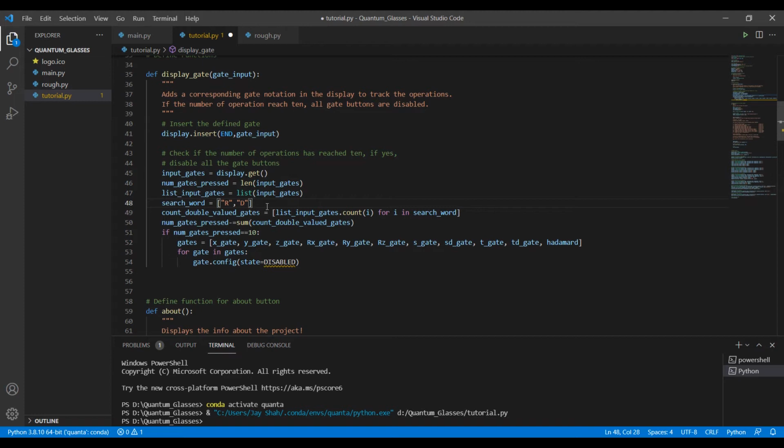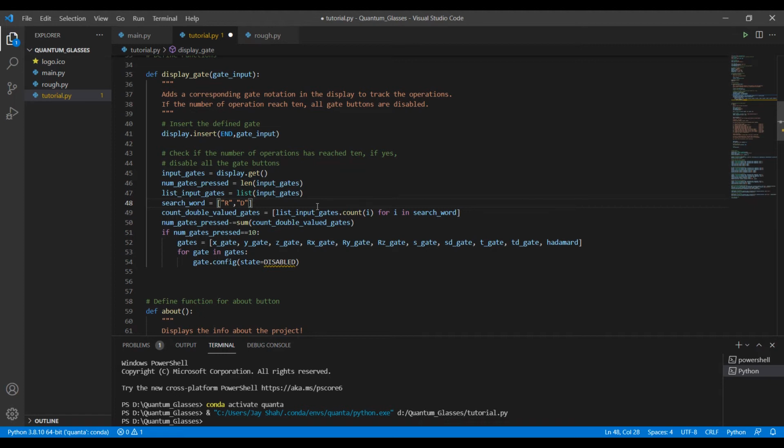Now note that for single qubit gates we use just one single character. Like for the X gate, a simple X can denote it. But for the R gates, RX, RY, and RZ, we need two characters, RX and correspondingly RY and RZ.